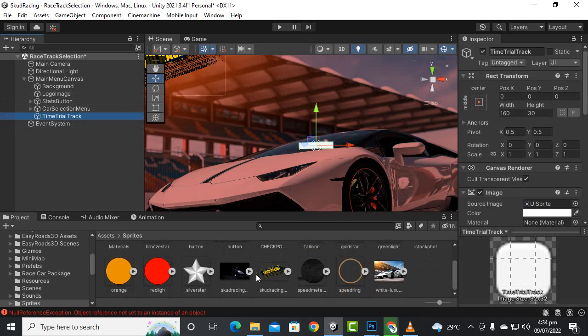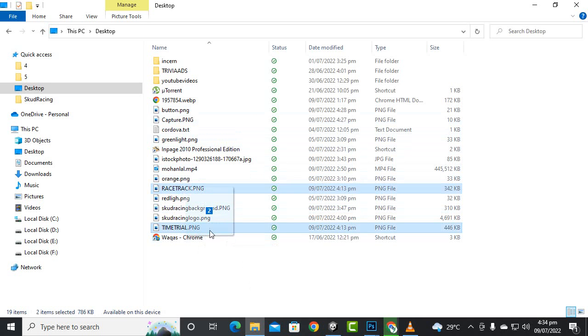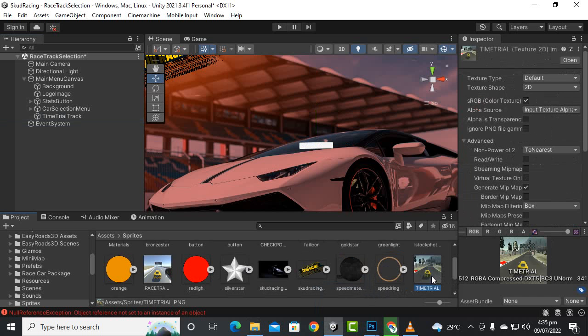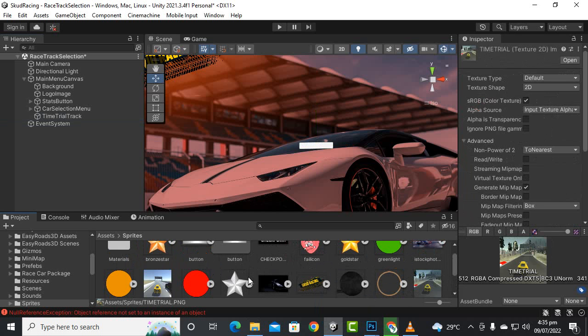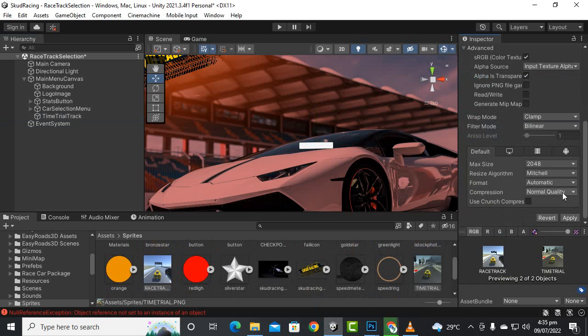I think we didn't bring those images, so we'll move back and select the racetrack and time trial images, select both, make it 2D,